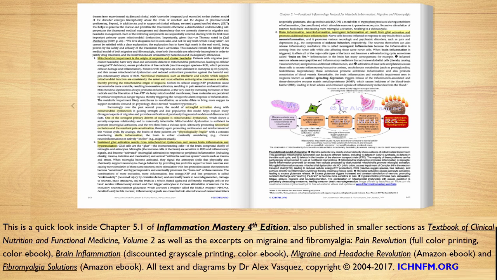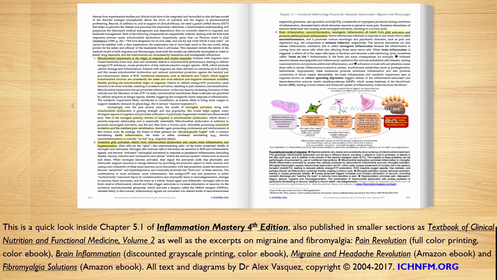Those concepts might sound new or perhaps complicated, but again, the advantage to being able to look inside the book and explain the major concepts page by page is that I get to show you these diagrams that I've created, showing the connection between mitochondrial dysfunction or mitochondrial impairment and how that leads in a stepwise fashion to microglial activation, astrocyte activation, neuronal hyperexcitation, and that leads to neuroinflammation, which then feeds back into more microglial